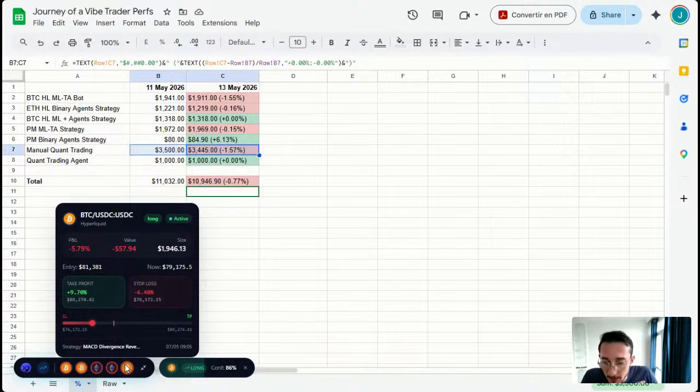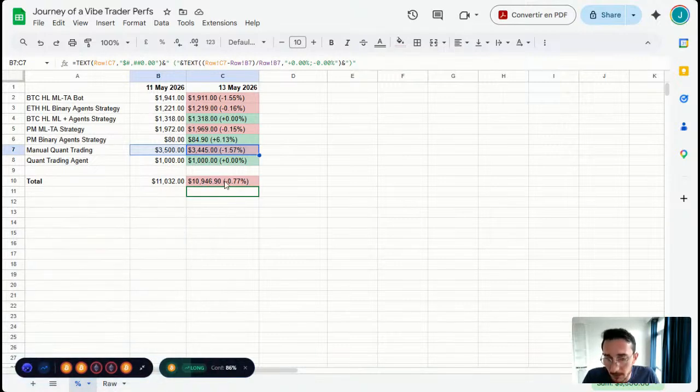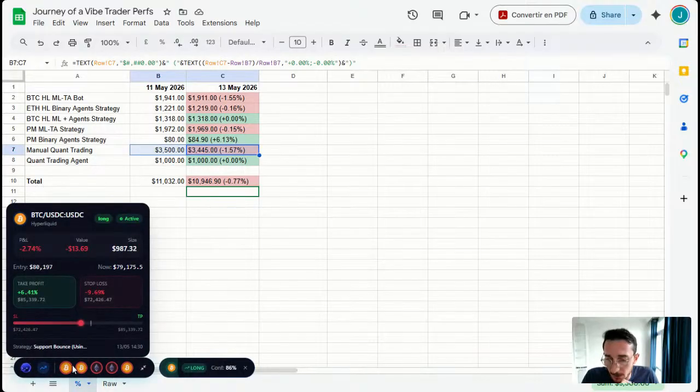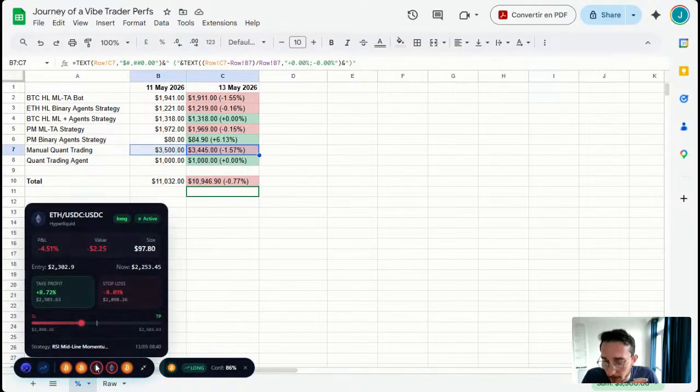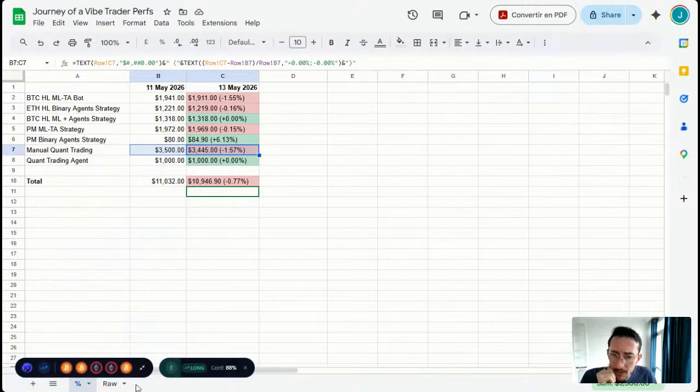Hopefully, I'm still pretty good because my sizing is very small and it's all under control. But all these trades that are currently, as you can see, down, are getting close to stop loss. They're still very far away, and I'm probably going to let most of them resolve either on take profit or stop loss and not close them manually. So that's one thing that happened in my manual trading with Quant.